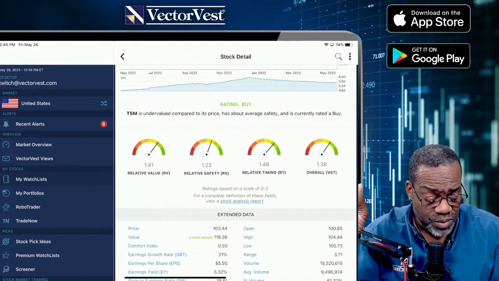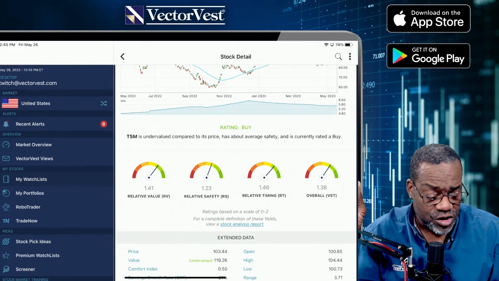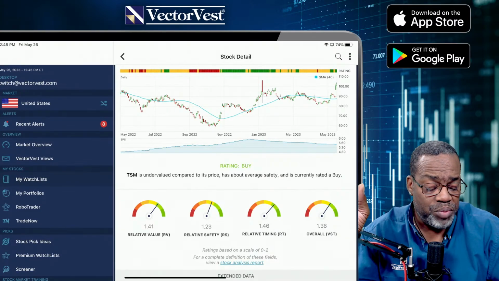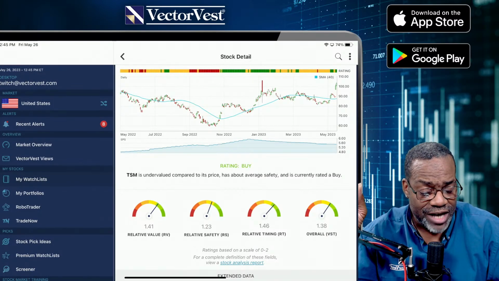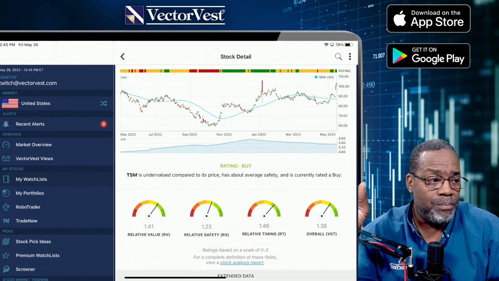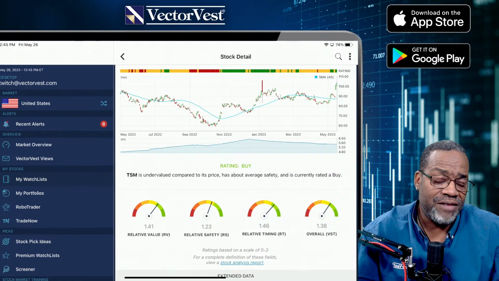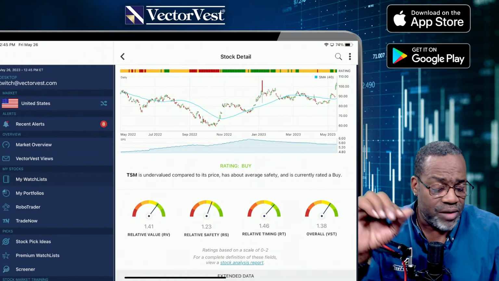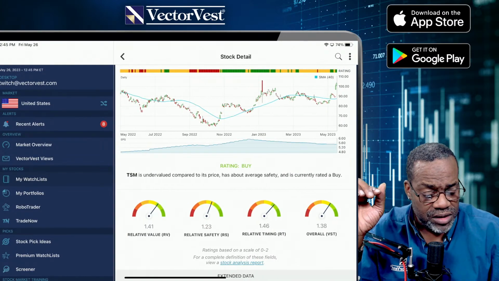The CI is at 0.50. This stock is a little bit more volatile in that it doesn't go up more than it goes down. This stock is more susceptible to big pullbacks. Look at that, July 2022 to September. Big pullback in the stock. I'd rather be in a stock in this space that goes up more than it goes down. Thus, I will use CI.